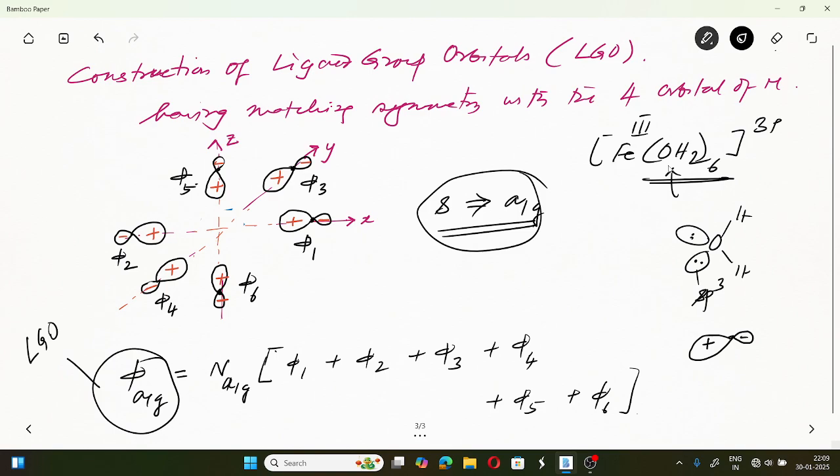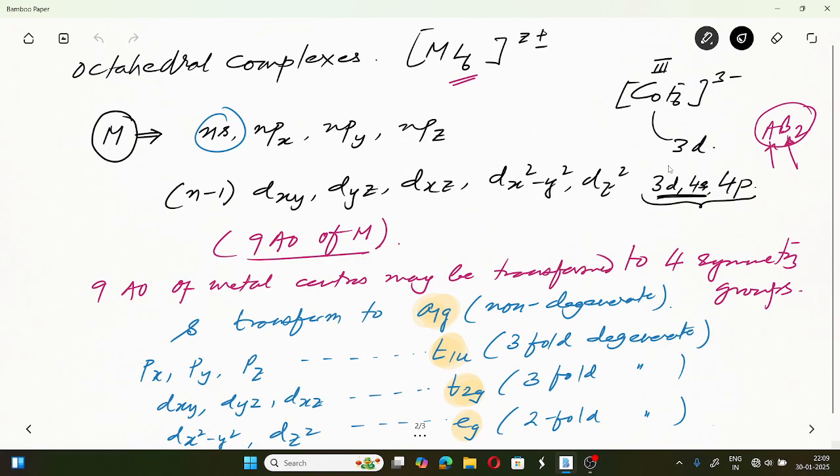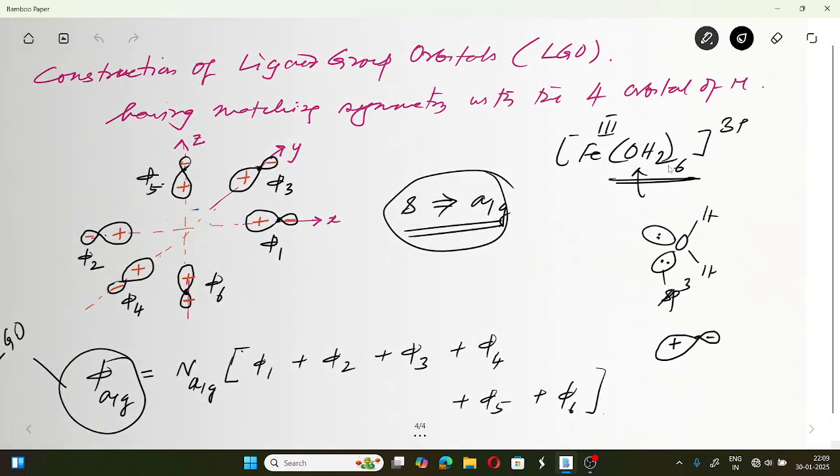Now what we want to do is construct group orbitals. We have already constructed the group orbital having matching symmetry with A1G. Now we need to construct the group orbitals having matching symmetry with T1U. See, there are 3 orbitals here. So we need to construct group orbitals having matching symmetry with T1U. How is it possible? Suppose you look at